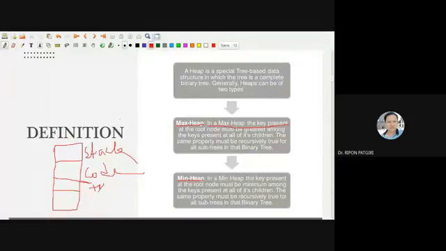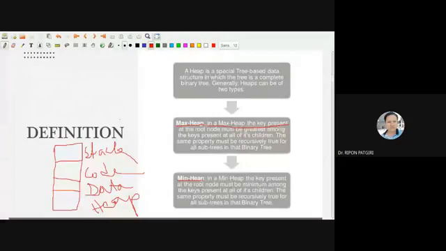Sorry, this is my data segment. And this is my heap segment. You can place it anywhere else.